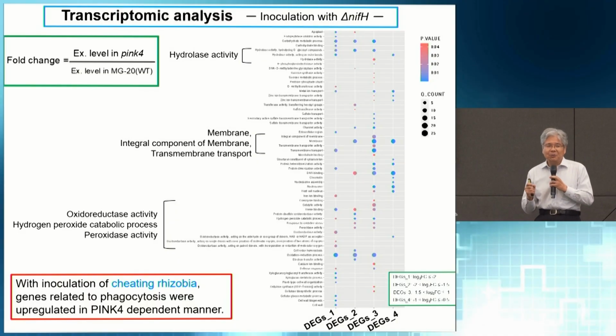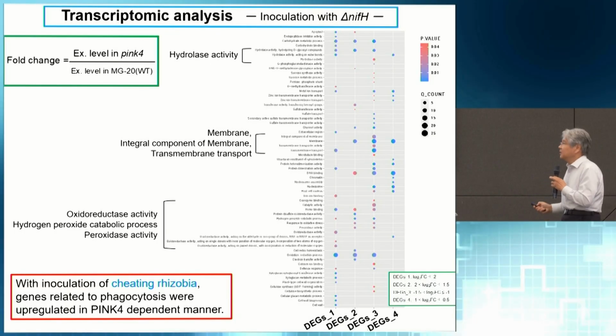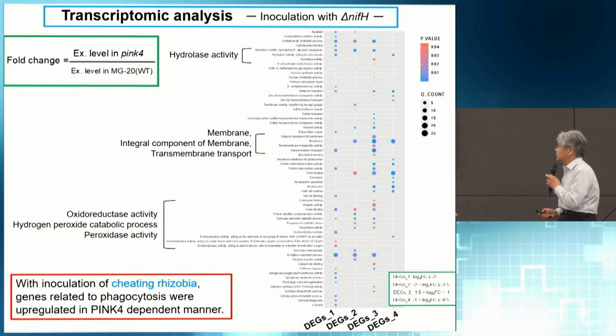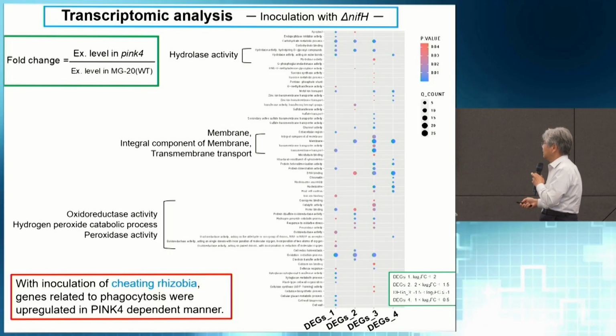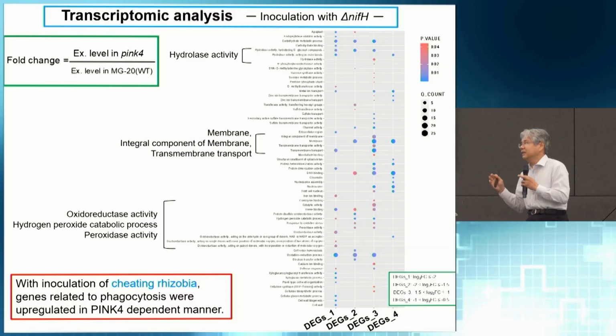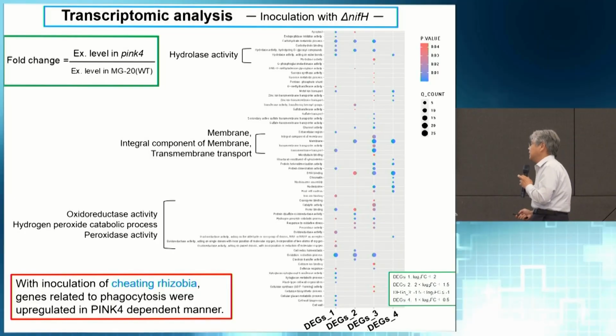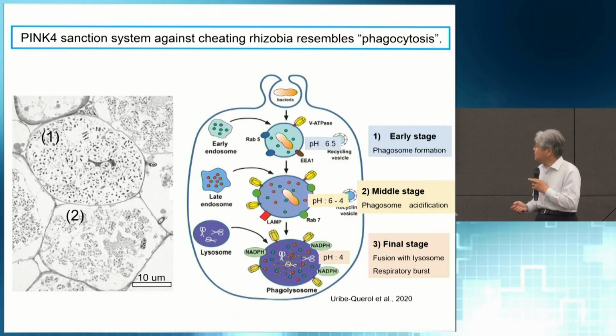So by using this mutant, we checked what genes are upregulated when we inoculate the cheating non-fixing rhizobia. We obtained the result that hydrolase activity, membrane transport, and oxidative signal or peroxidase activity are upregulated depending on PINK4. So by this result, we guess the sanction against cheating bacteria is somehow related to pathogenesis. So phagocytosis